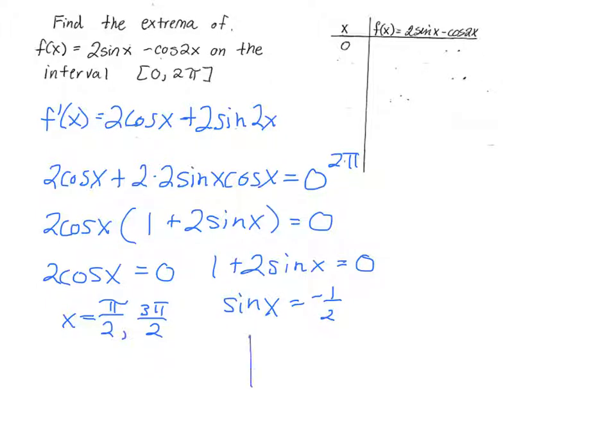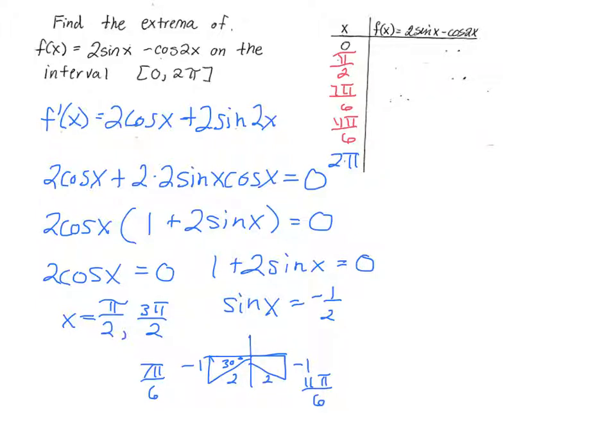at, let's see, bottom 2 quadrants, opposite over hypotenuse. So that would be a 30-degree angle, which is the pi over 6's. So this will be 7 pi over 6 and 11 pi over 6. So those would be my 4 critical values that I would need to put in the middle. So we have a pi over 2, a 7 pi over 6, and an 11 pi over 6. And so now we do need to take all 5 of those and plug it in and find our maxes